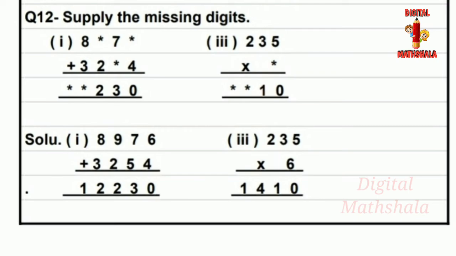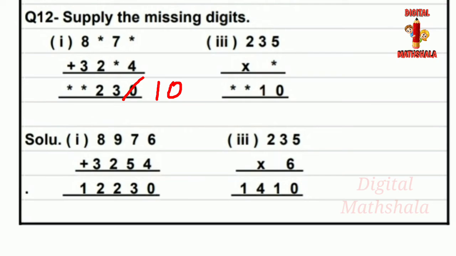So you have to calculate in your mind which number we will apply, so that if we add 4 to that number, the answer will come 0. Obviously, if we add any single digit to 4, the answer will not come 0. It must be 10, because 10 has 0 in the unit place. So obviously 10 will come here.